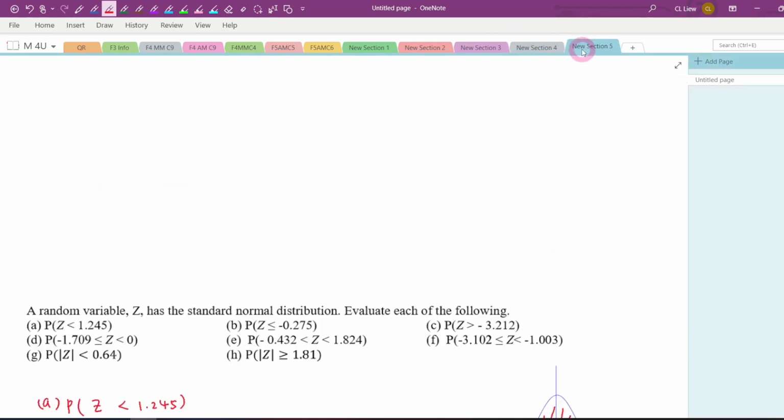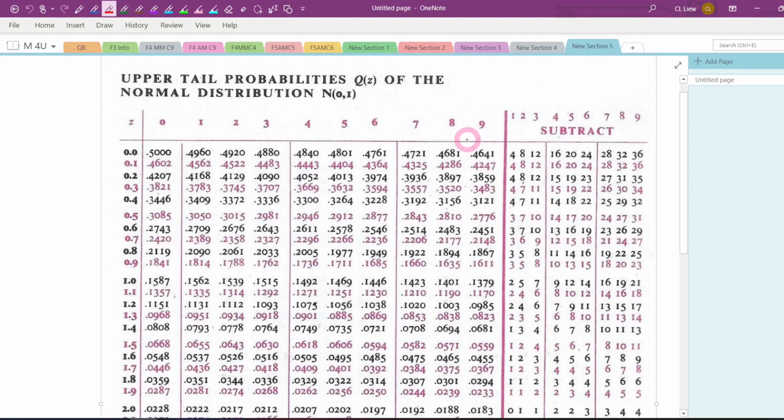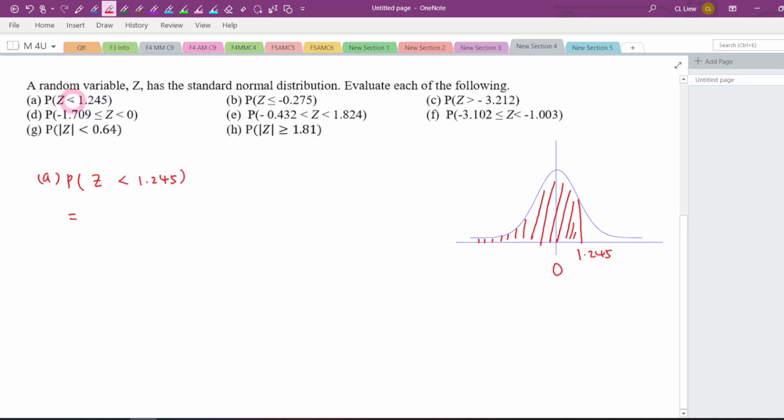But for this standard normal distribution table, we want it to give us an answer greater than, not less than. But this is less than. So how do I change it to greater than? So I'm going to take 1 minus this part. This part is this